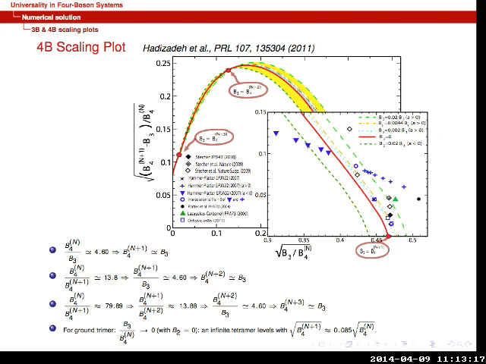I say that this line is for B2 equal to 0, and this point is also B3 equal to 0. Of course, for this ground trimer, we can have an infinite number of tetramers. The limit is you're taking